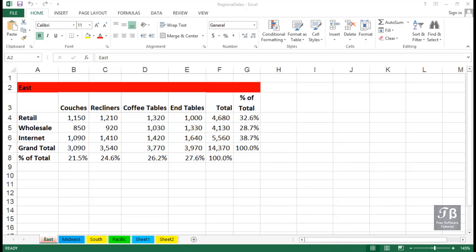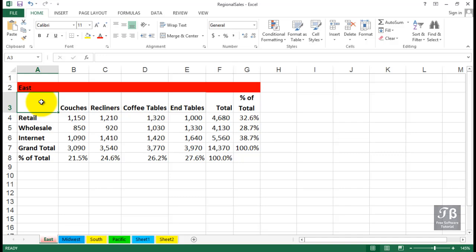In this worksheet, regional sales, we might need to move a worksheet. We might want to change the order of worksheets. You can easily move worksheets. You can make copies of them. And from time to time, you may need to group worksheets to perform changes on a whole series of worksheets